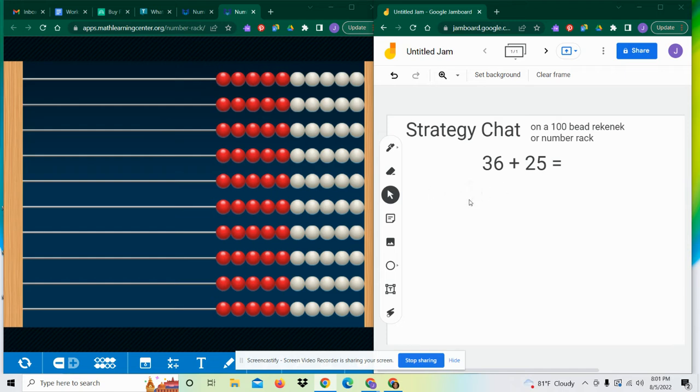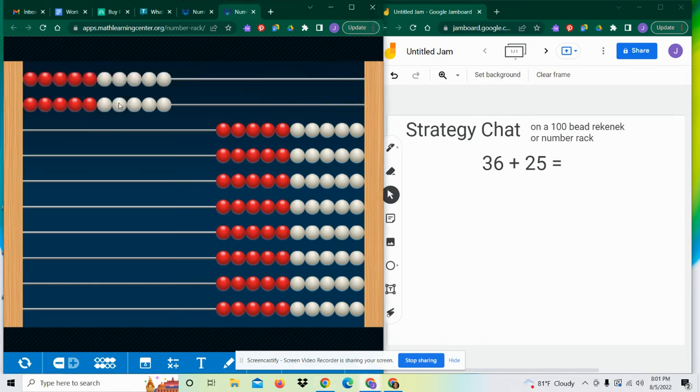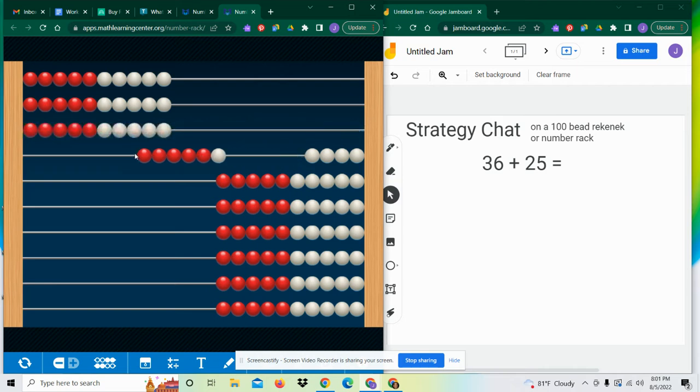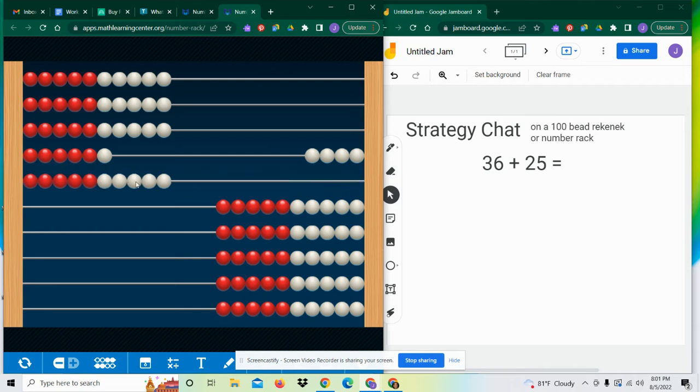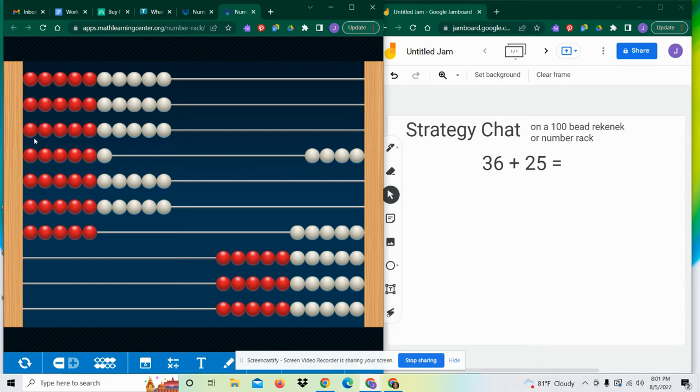My focus in this group, in my recording, was to be continuing to reinforce the newly introduced concept for us in fourth grade of using parentheses and how parentheses can set off different steps or different parts of an equation. So to start with, we built the number 36 by sliding all our beads over: 10, 20, and 30, and then 6. And we all agreed that when we have to add 25, that means we need to put 25 more beads with the beads we already have,